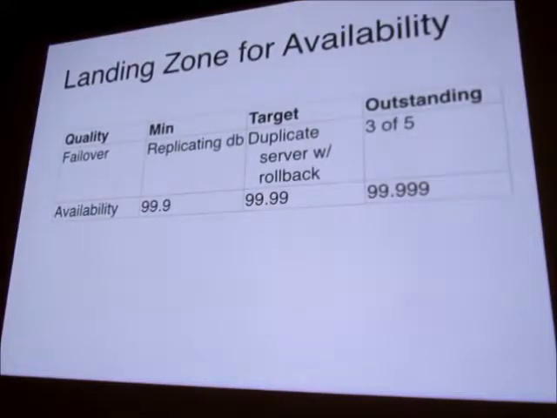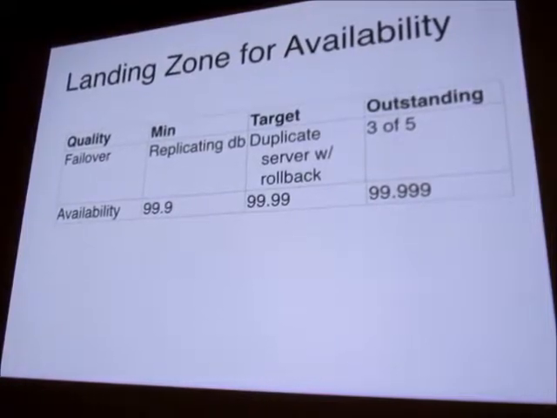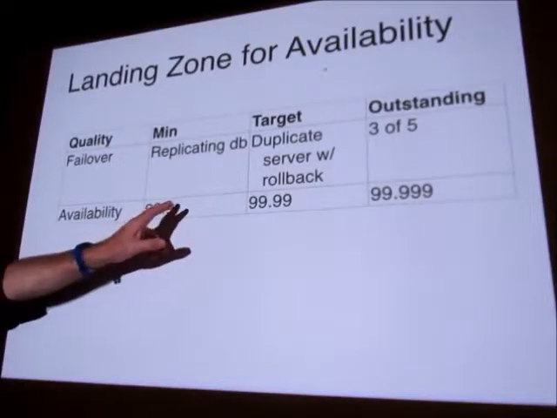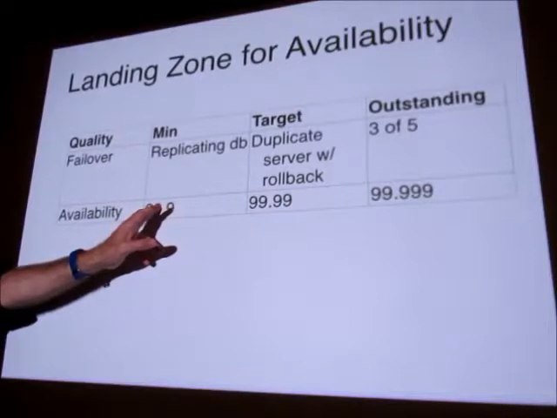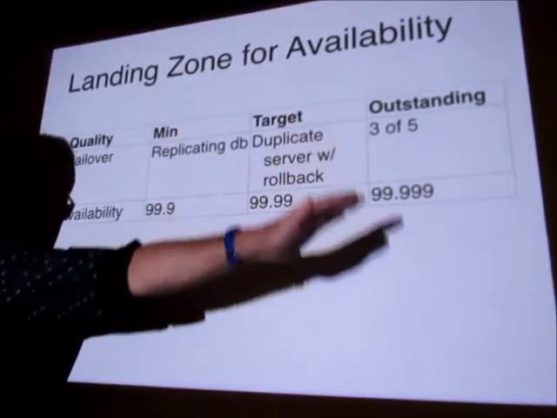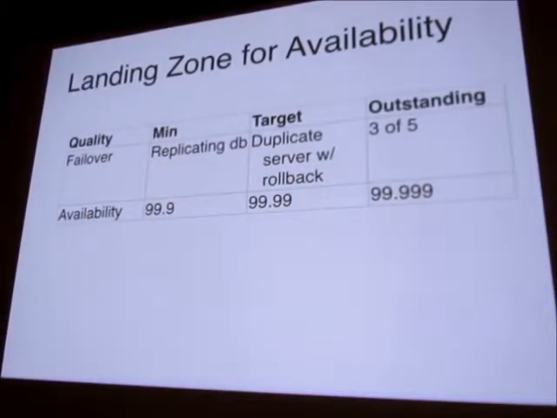So here's one that might be a bit more software related, availability. And so the problem with architects, often with architectures, is they have some vision and they want to build this super replicating database with automatic failover and a 3 out of 5 voting system to make sure that we never lose a byte. Well, that might be great for outstanding, but maybe just having a hot backup might be enough for us initially. So we should just do this initially, but make sure we can evolve it as we see the need.